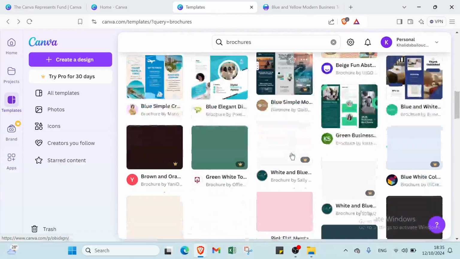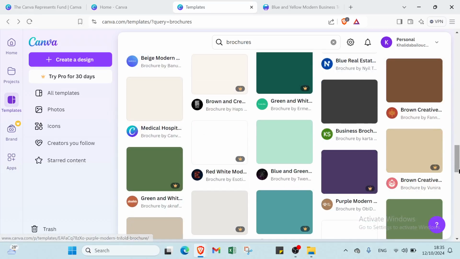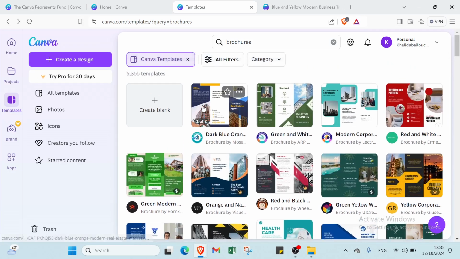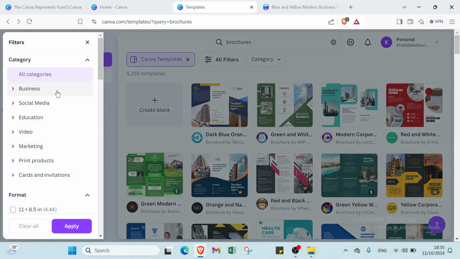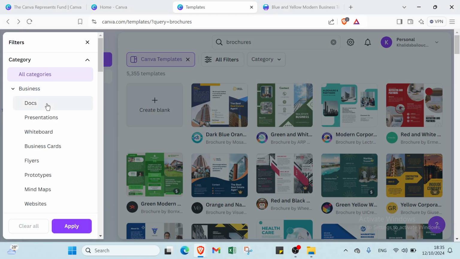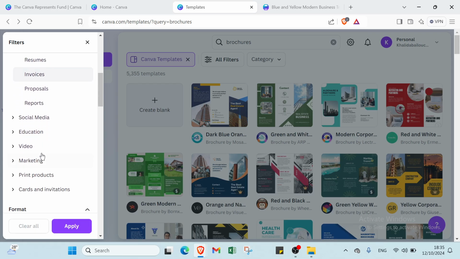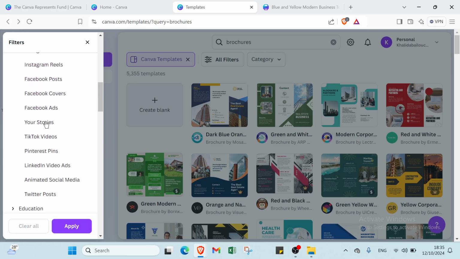and you choose here the one you want, for example, as you can see. So I will firstly select the filter that I want. For example, here we have related to business. You have to click over docs, presentations, whiteboard, business card, flyers, prototypes, mind maps, websites, graphs, planners, letterheads, and other things. Then we have here the option to social media,